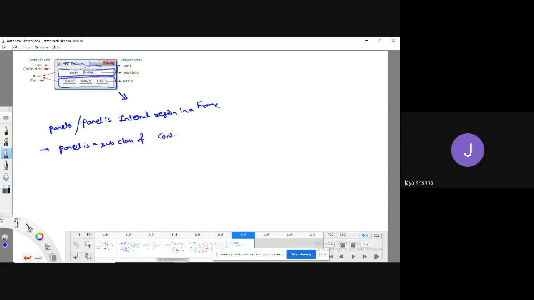Panel is a subclass of container class, whereas frame is a subclass of window class.